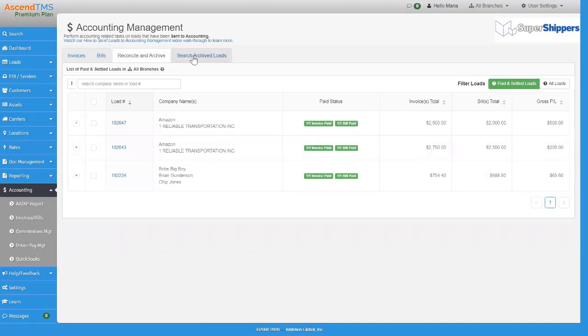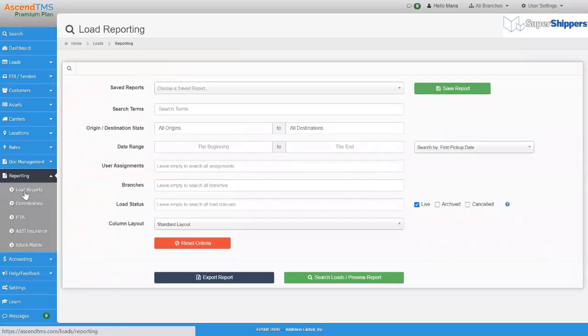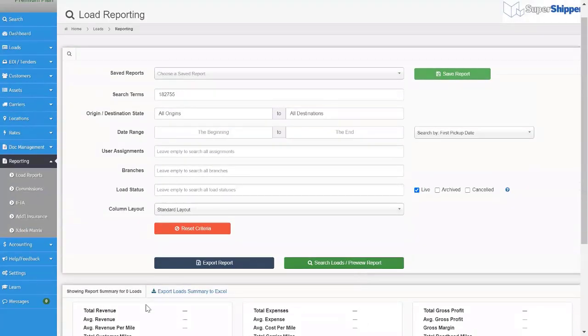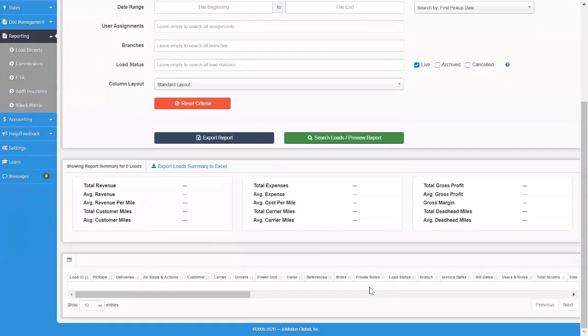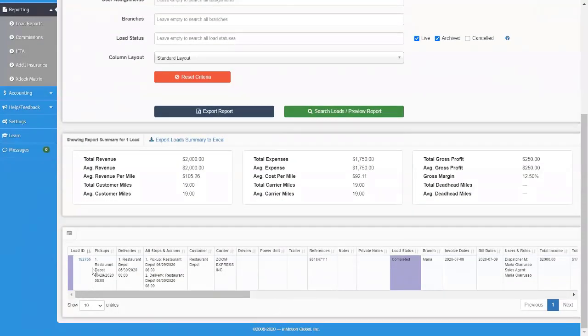Additional to that, I don't ever really go in that tab other than when I'm training you guys so you can see it. When I'm looking for an archived load, I'm usually looking for it for a reason. So I always go to reporting and I do a load report. I just want to bring you in here so you can see that it can be done. 182755, I believe, or was it 775? We'll find out. All right, I can put the load number in. I just ran a search and it tells me no. That is because reporting is also defaulted to live loads. So if I check off that archive box, run my search again, there's the load we were working on.